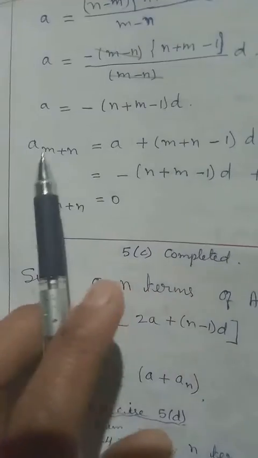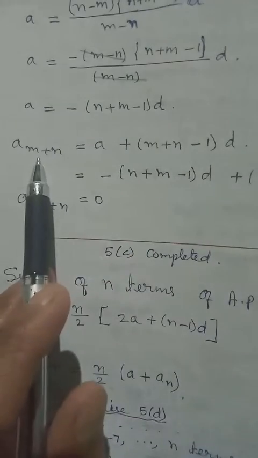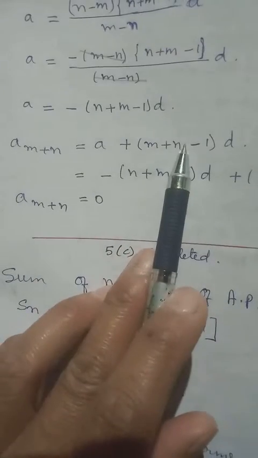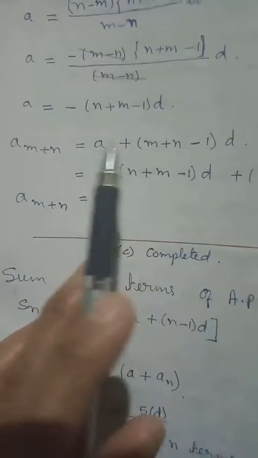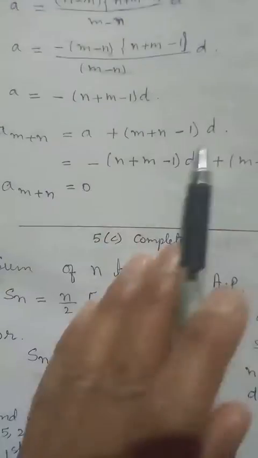Now we want to find a m plus n, so apply the general form, but in place of n we have to write m plus n. Then a we already have from here. Okay, then with this one,